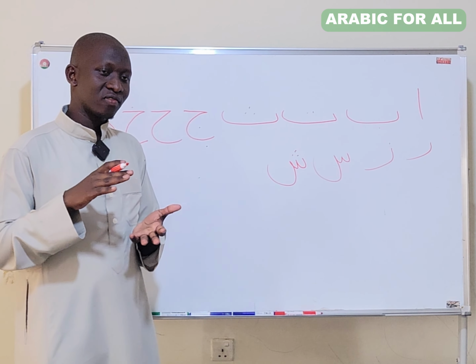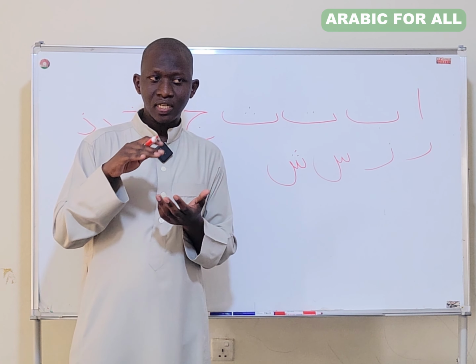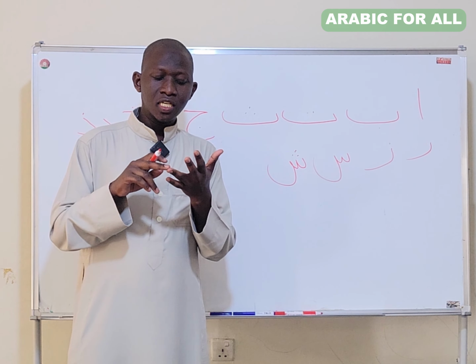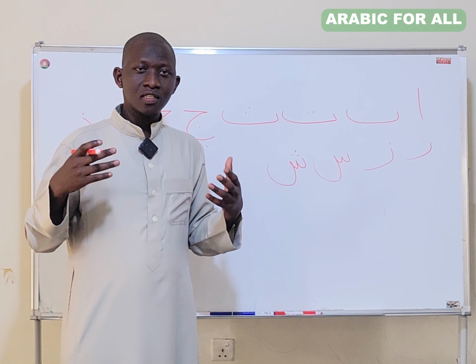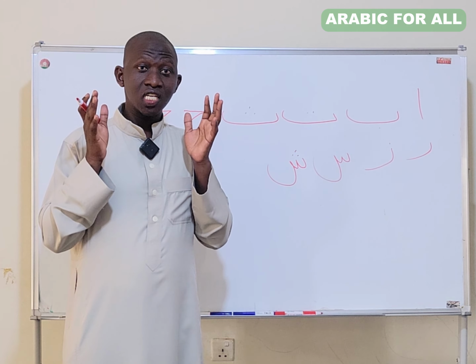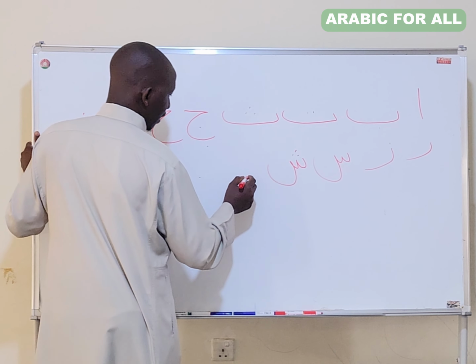Shin also comes from the tongue, the middle part of the tongue. Shin, jim, and ya. These three letters come from the middle of the tongue. So with shin, your mouth has a little bit of pressure. Shin. That air comes out with shin. Then we have this letter called